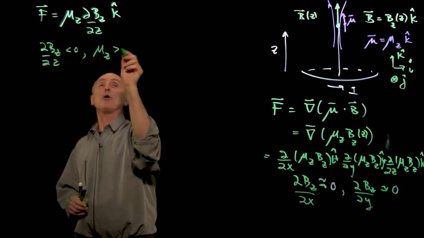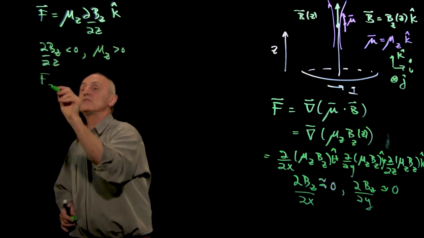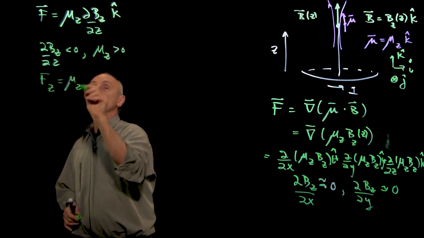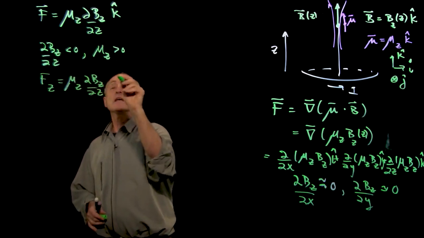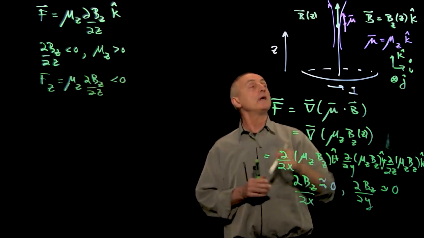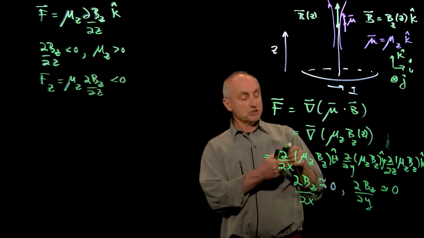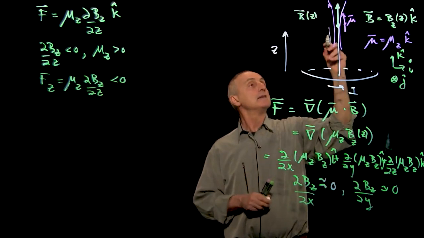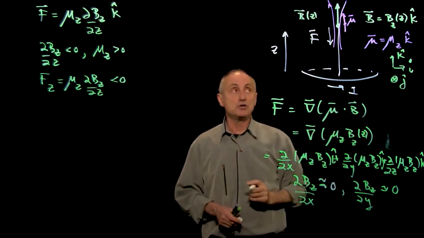We've set up our dipole so it's pointing in the z direction. So our force z component, mu z dBz/dz, is negative, which means that when you put a dipole in this field above the ring, it will experience a force downwards,